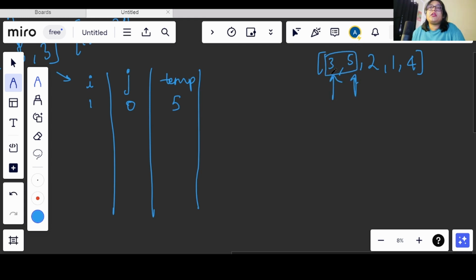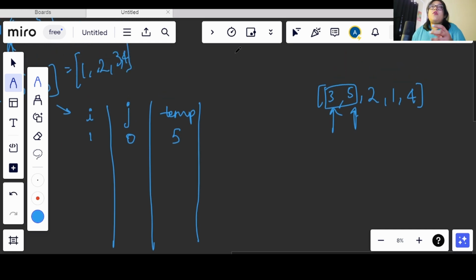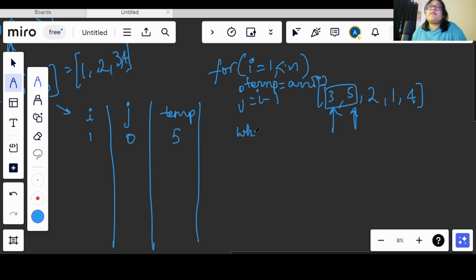Now what we are comparing here is, let's first take how we will iterate. Okay, so we will be starting from 1, I is equal to 1, and we will go till less than n, fine. Now we know that we will be starting j from I minus 1, so we have that part also, and temp will be storing the ith value, so we have that also. Now we know that j will be inside the I loop, and it will be going till greater than or equal to 0, and since it is a reverse loop, it will be j is equal to j minus 1, fine, we have this. Now how do we compare the values, right?